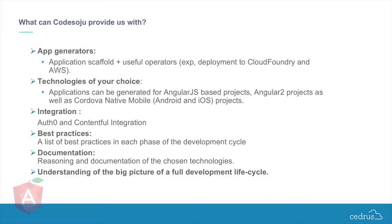One thing is, I'm a cloud architect. And usually when I work with customers, it's always a struggle to get something up and running quickly to show the customer what we're doing, especially in the cloud, right? So I started thinking about creating something that gets us a decent application to show to the customer and deploy to the cloud quickly. Then we start deleting what we don't need from the application and add what we need to show to the customer. Whenever I ask my team to do a quick project, CodeSoju, boom, boom,